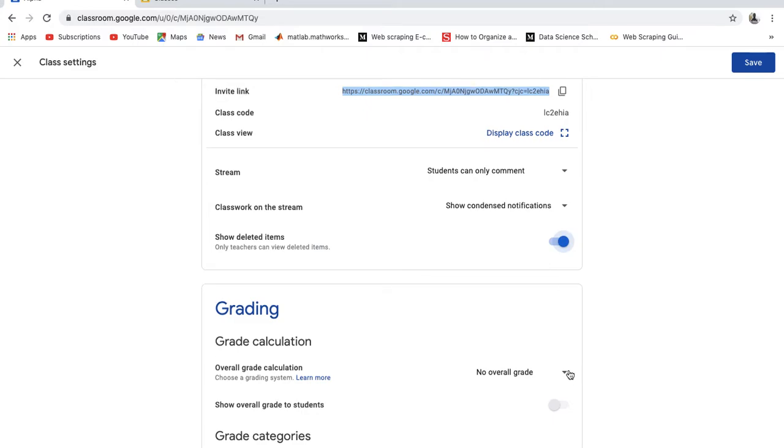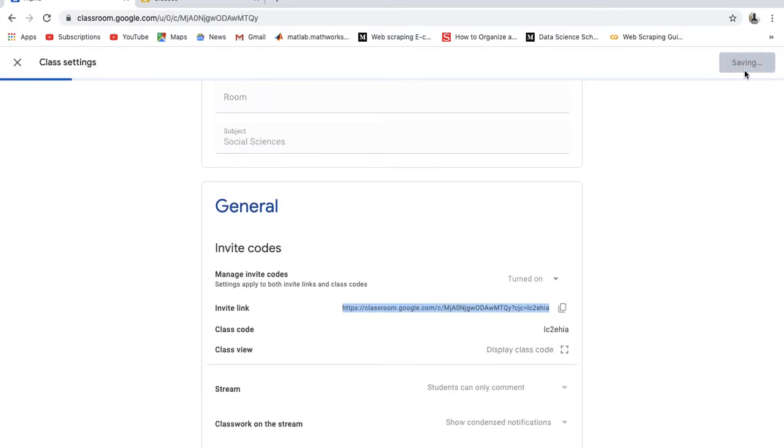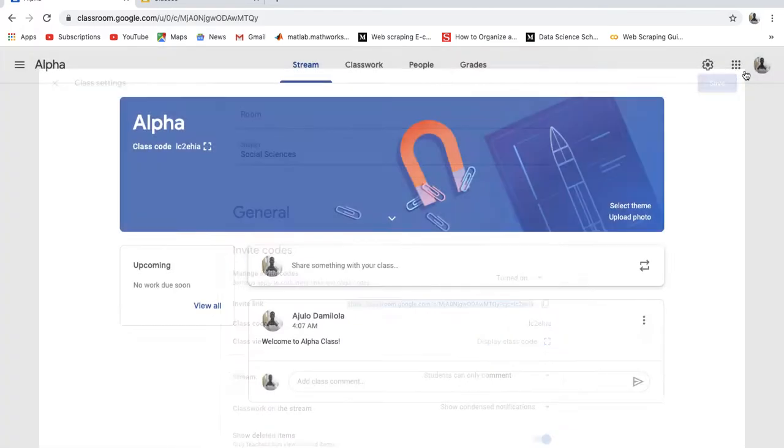Let's grade. How do you want your grade to be? And we want total points. Show overall grades to students now. So you want to save that. Yep. So you could tweak it